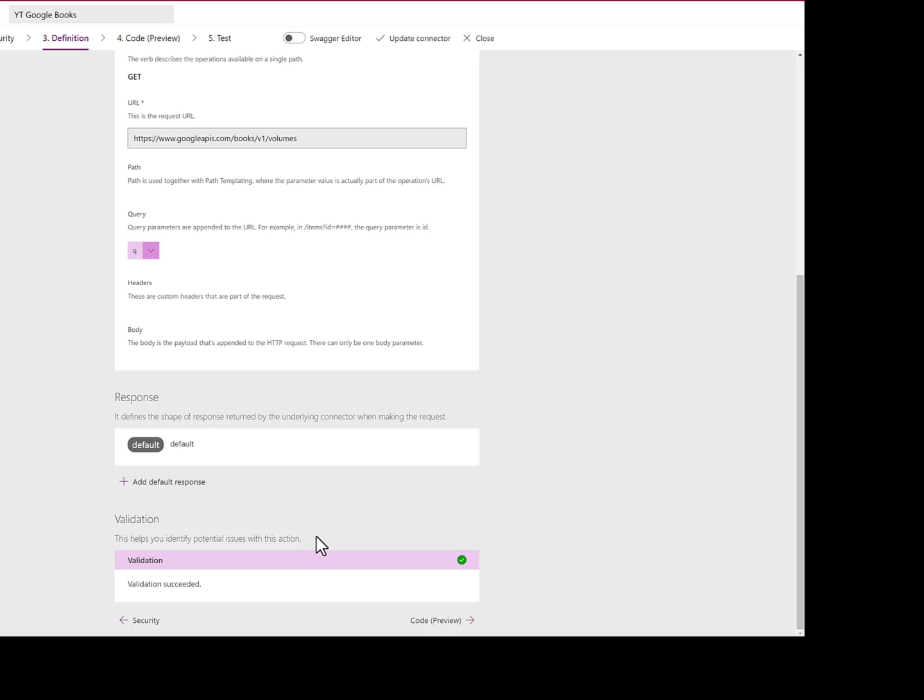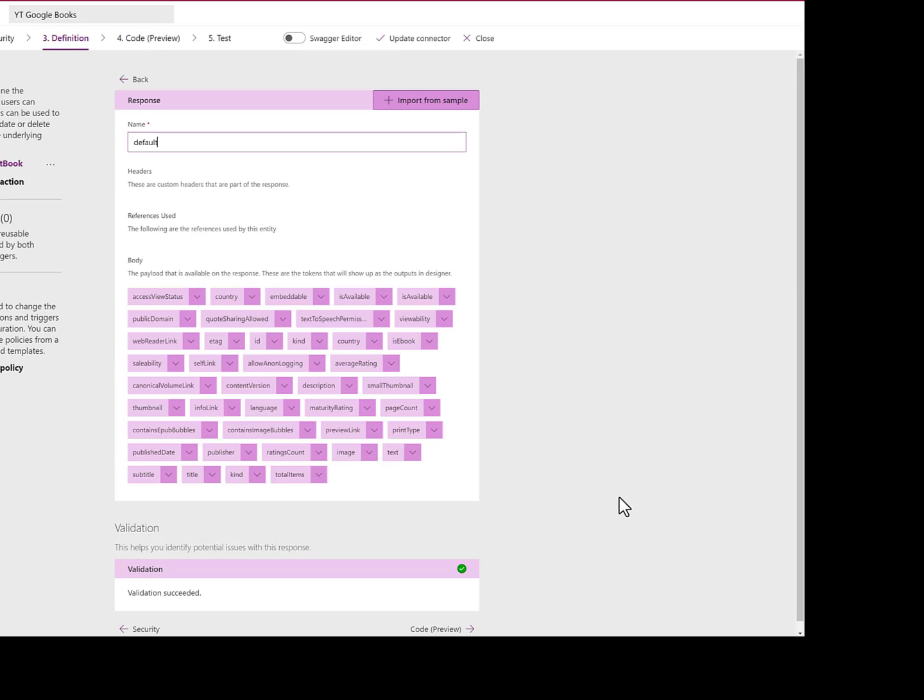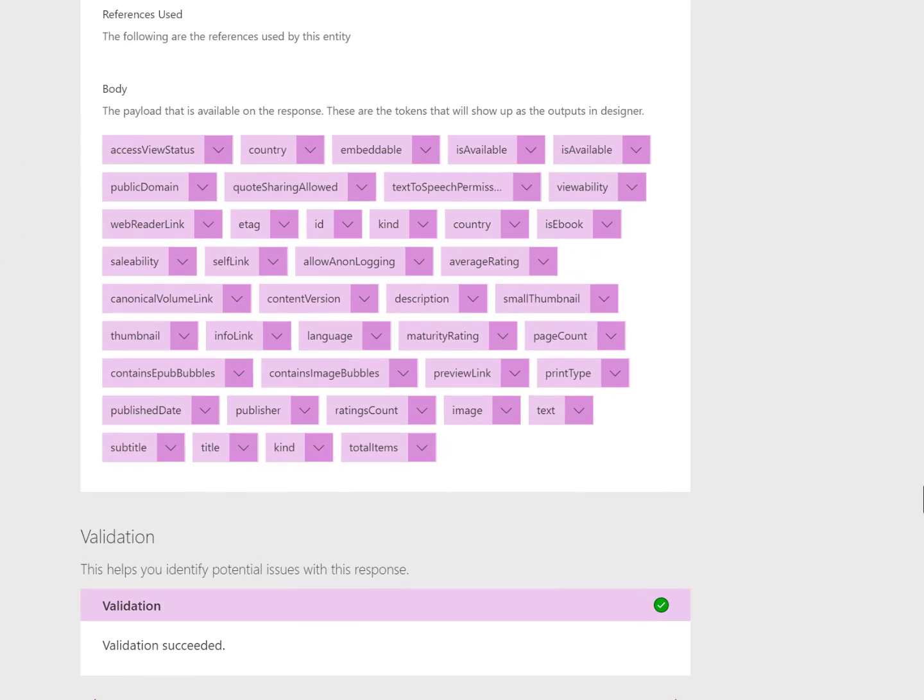Now we should have everything we need in our custom connector to request and retrieve valid JSON files. And as you can see here, it parsed out the components that we're looking for, including subtitle, title,